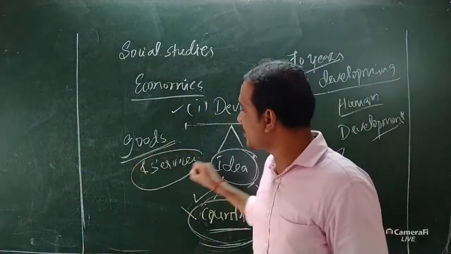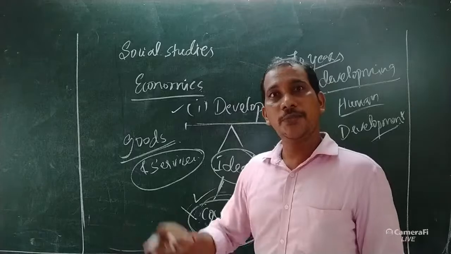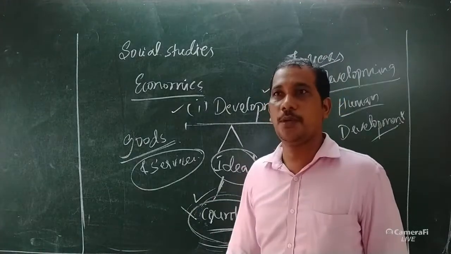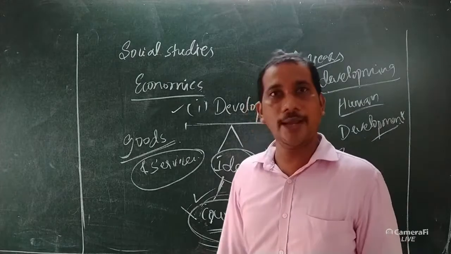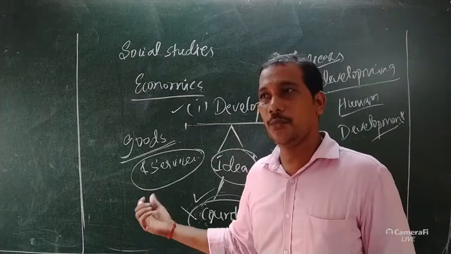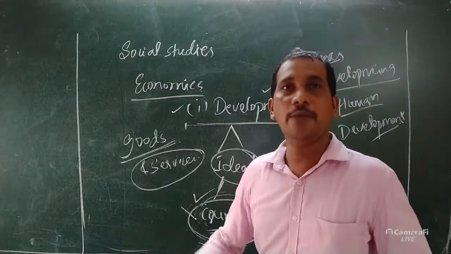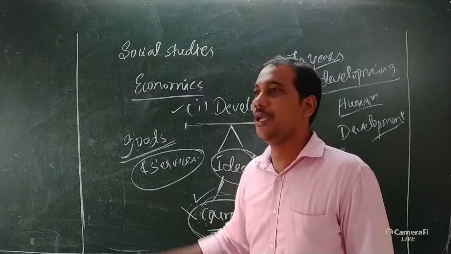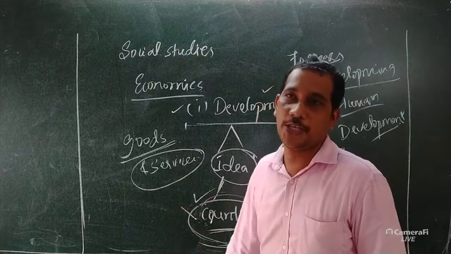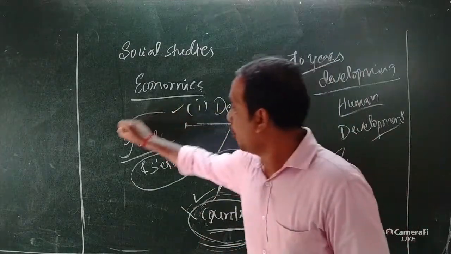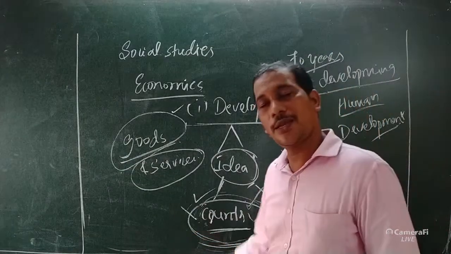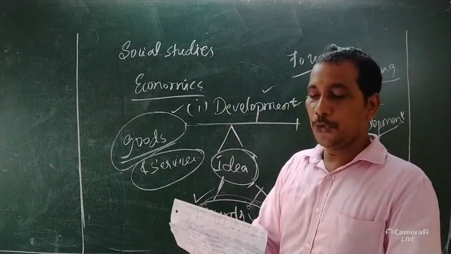Then the second thing is services. A service is an action that a person does for someone else. For example, whenever we feel ill, we go to doctors or nurses. Their work is known as a service. And whenever a dispute arises, we go to the police station, court or lawyers. Their work is also known as service. Totally, a government provides goods and services for the citizens who reside in that country, and improves their